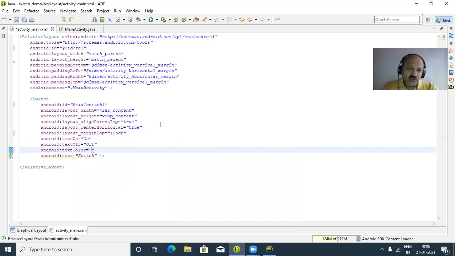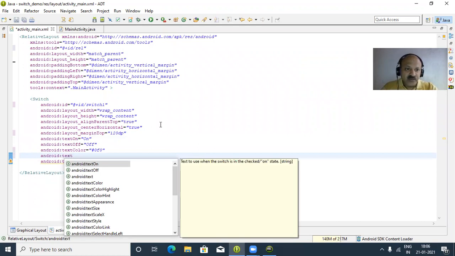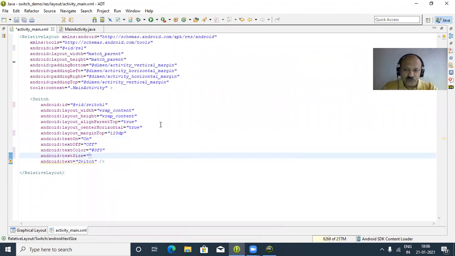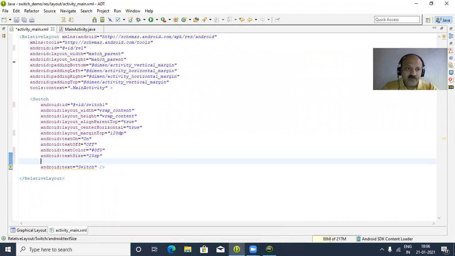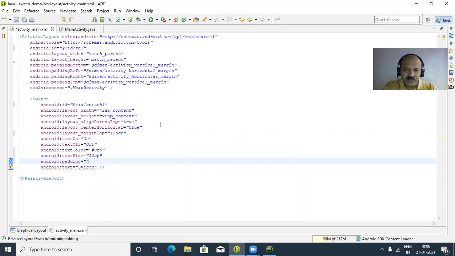And then we can take text color. So we can also provide a sign 0f0, so that is a green color. Then we can say text size, yes, 20 dp, Android colon padding, so that we provide like 10 dp or sp, so density independent pixel and scalable independent pixel.